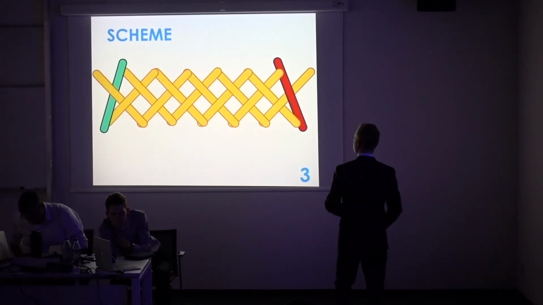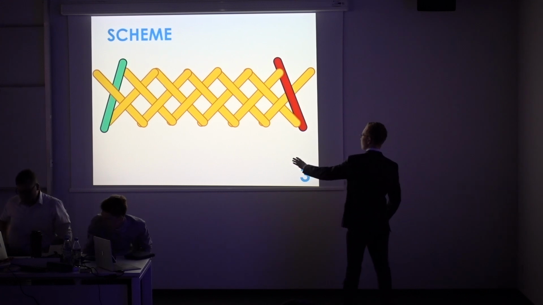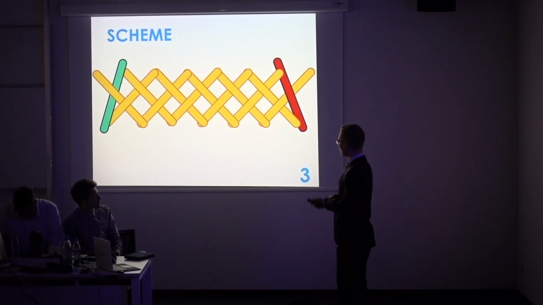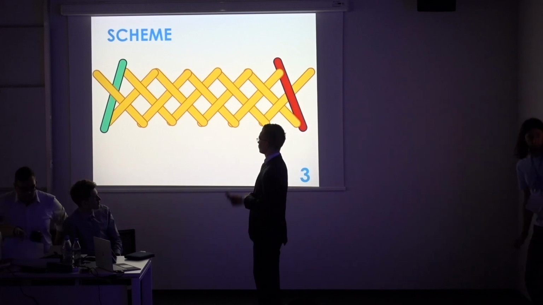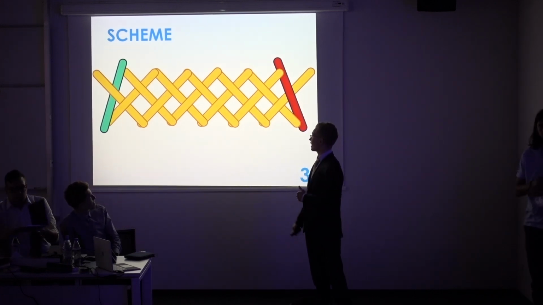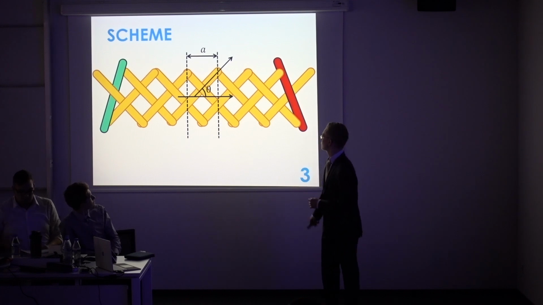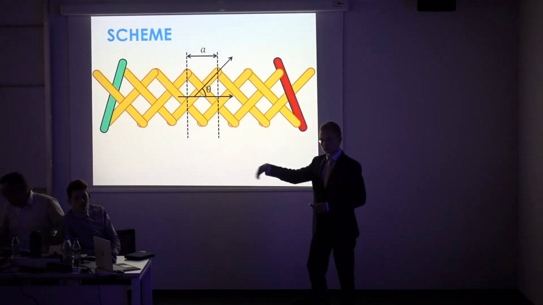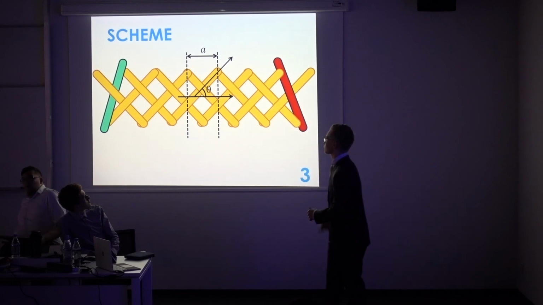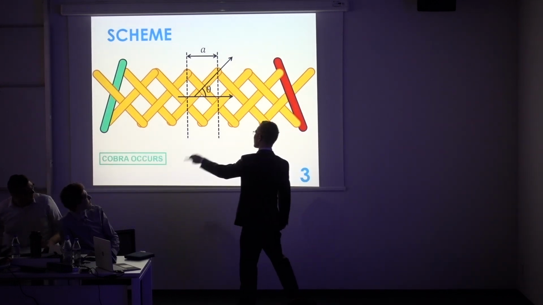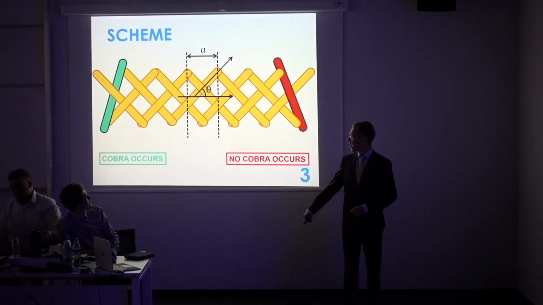The chain must be weaved in the manner you can see in the picture. When one of these sticks is released, the wave travels through the chain. It is important to note this angle theta, which will be important next in our presentation. Also, when we pull the green stick, it is not equivalent to the red stick, and